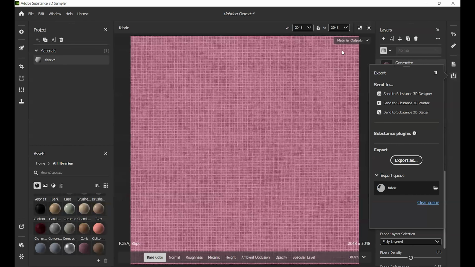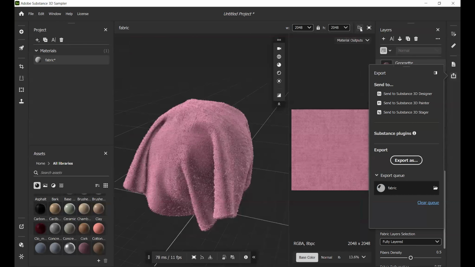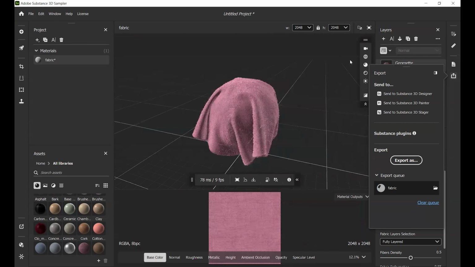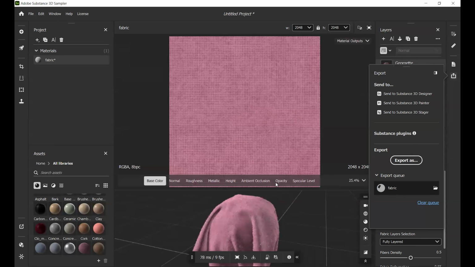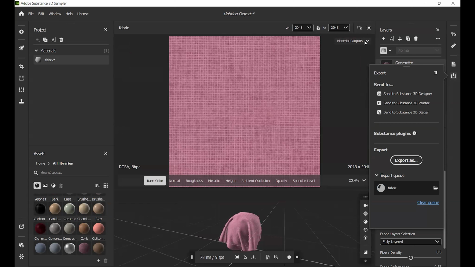You can go for 2D only. You can go for both. And even you can switch to horizontal display. You can swap 2D and 3D. You can come back to 2D and 3D.